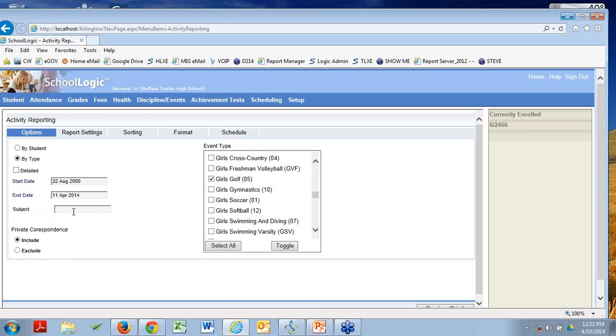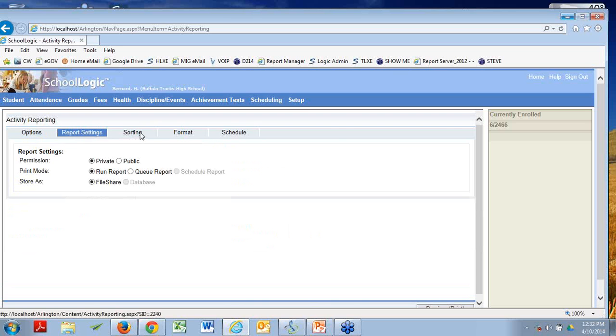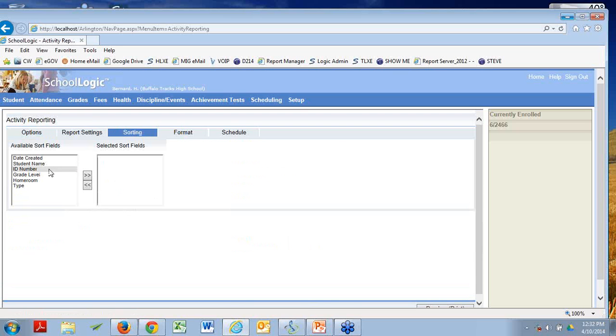Okay. Don't worry about subject. We haven't quite built that out yet. It's a very nice piece of real estate here, but you can fill things in here, and it doesn't really matter on the reports. Private correspondence, down here. Remember, I had that ability to say this is private. If I do that and I say this, then I don't see it. Okay? So most people, most of the time, are going to go for include. Standard stuff here, standard stuff on sorting. By this, we mean the report entries.